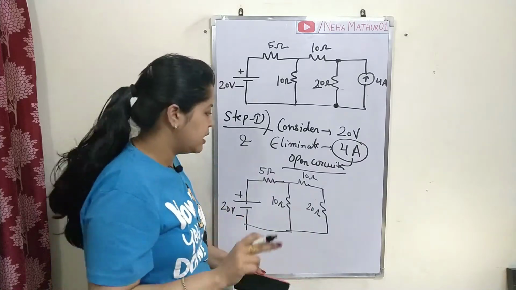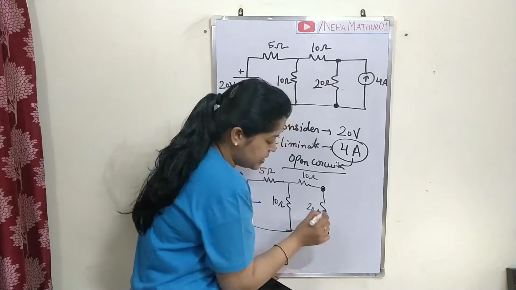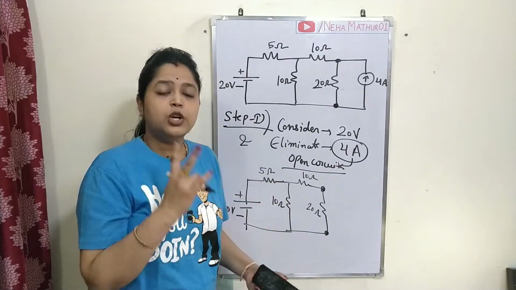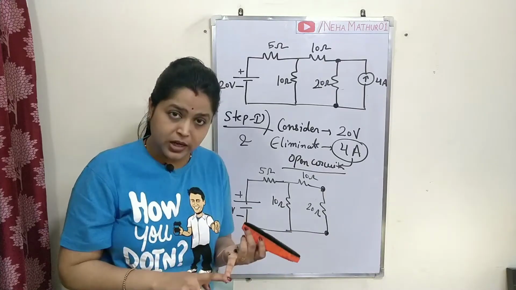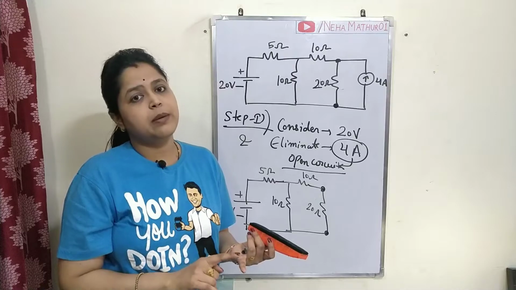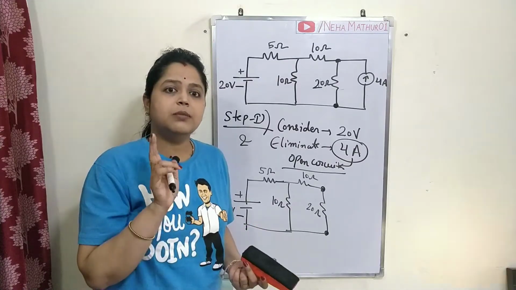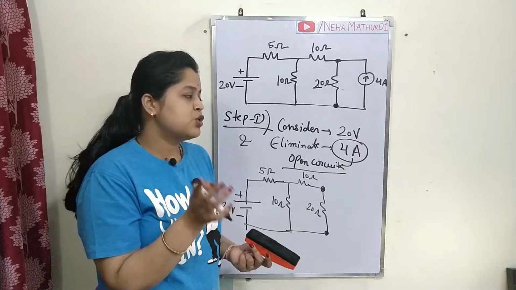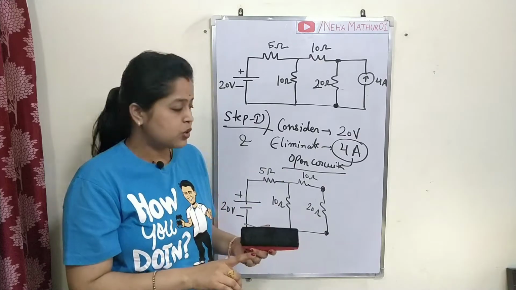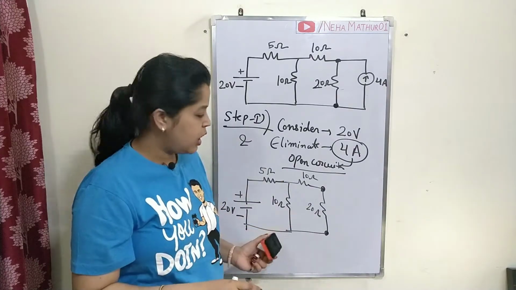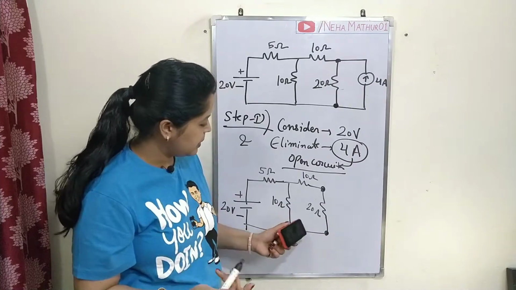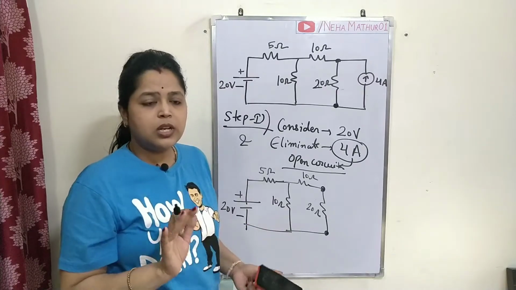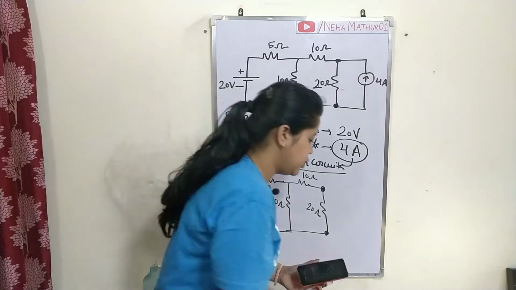Now you will have to find the current across this 20 ohm resistor in the presence of this 20 volt source. Now here you have again two options. If you want, you can apply nodal analysis over here, or if you want, you can apply mesh analysis. All the relevant topics, nodal analysis and mesh analysis, are already covered in my last videos. You can follow those videos so that you will be able to learn how to solve such circuits with the help of nodal or mesh analysis. So now here I am just applying nodal analysis so that I can find the current across the 20 ohm resistor.